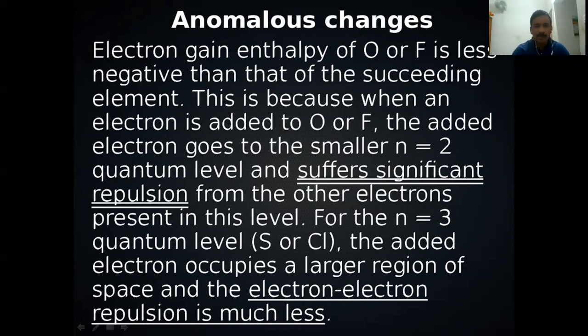In the case of second orbit, that orbit is very small. In the case of fluorine, already it has 7 electrons in that small orbit. If it is accommodating one more, surely the electron-electron repulsion will increase. That is ready to accept electron, but there is a problem of space to accommodate. So we can explain the reason for anomalous behavior of fluorine and oxygen as